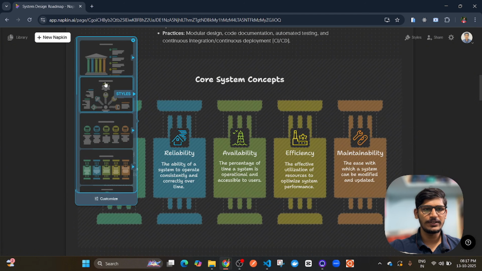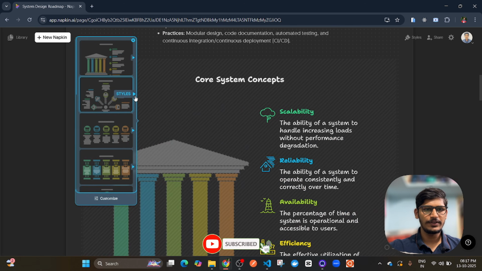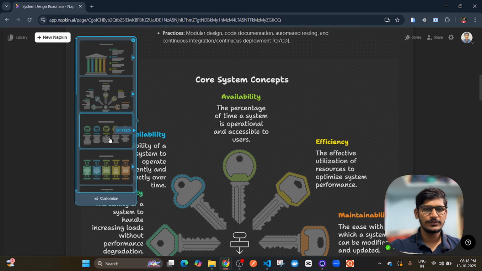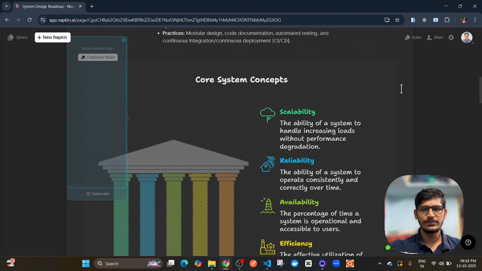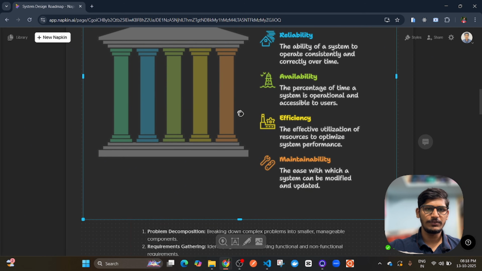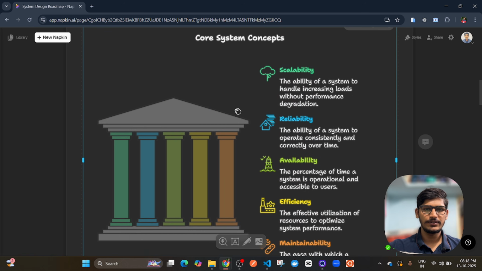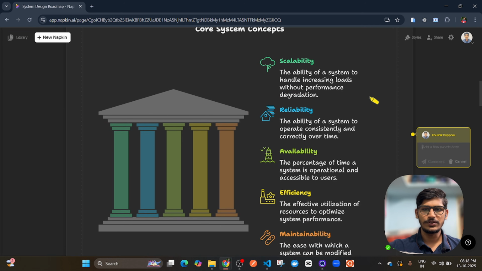So we can select any of the style that we need. So I like this style very, the first one. So I will stick to this one only. It has given me the 5 pillars kind of structure where you can learn about the concepts,